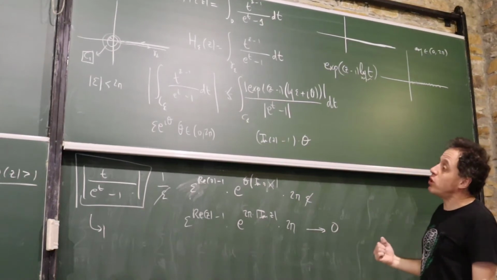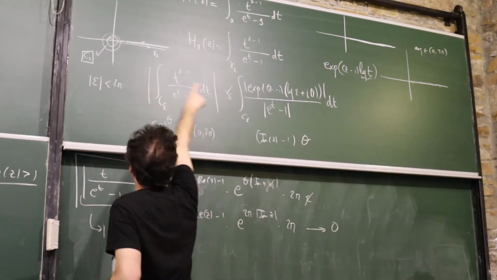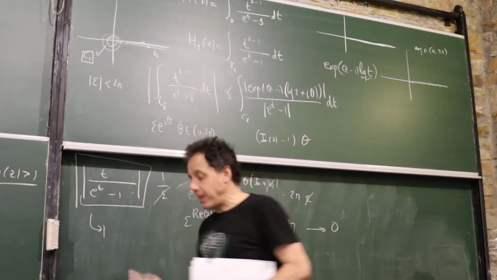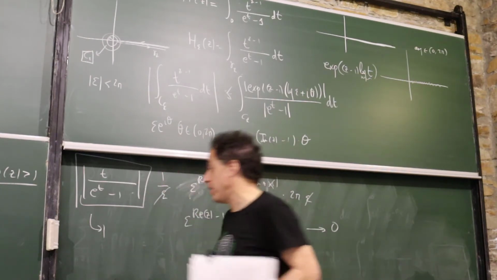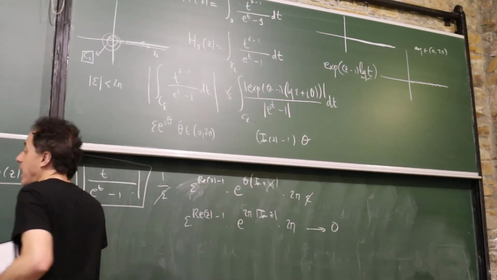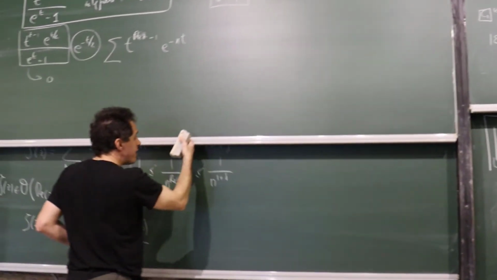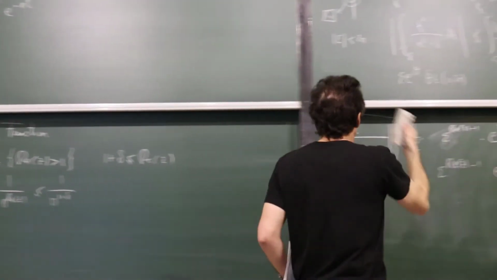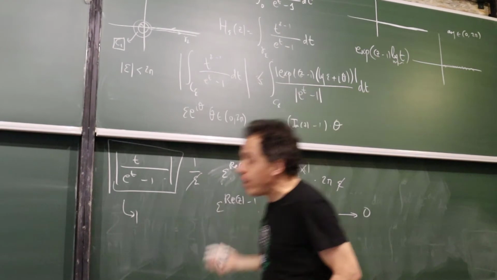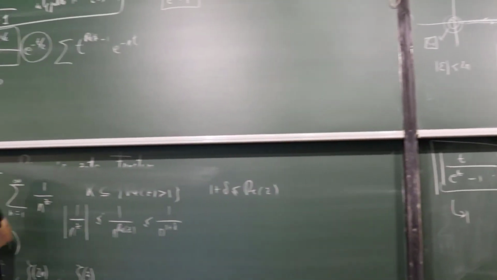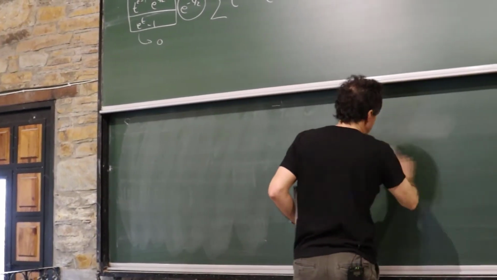So when epsilon tends to 0, what do we have? We have the integral along the real line and the integral along the real line again, but after making a complete turn here. So this integral h epsilon of z is going to tend to, well, in fact, this integral is independent of epsilon. You can see that the points where it is defined are independent of epsilon, and it coincides with the limit, and the limit of these integrals h epsilon when epsilon tends to 0 is going to be